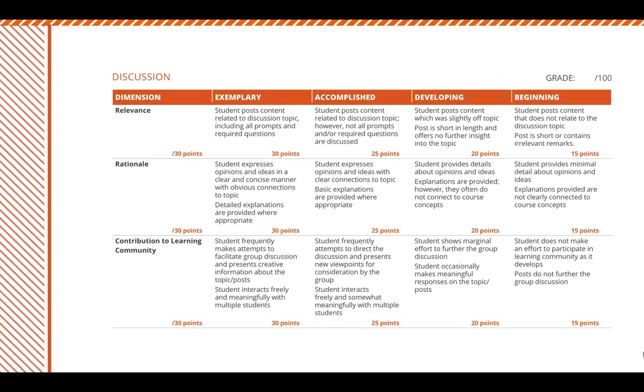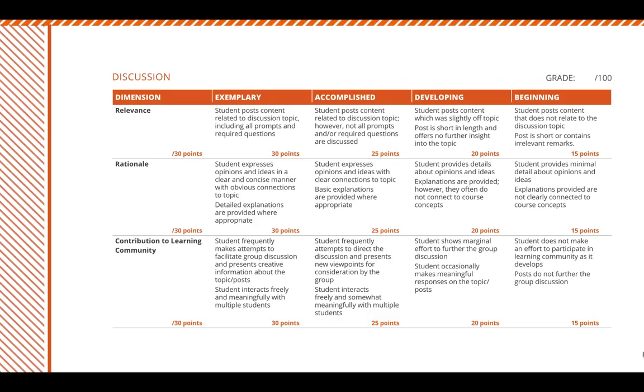Second is going to be the rationale. Third, and I wanted to highlight this again, is that contribution to the learning community. 30 points of this assignment is how well you are interacting and the substance that you are providing with the feedback with your classmates. So if you do a fantastic job on that initial post, but choose not to come back and interact with your classmates, that's a full 30 points off initially, and that's a huge deduction that you don't want to miss. So be sure that you are interacting with your classmates, and you're doing so using that